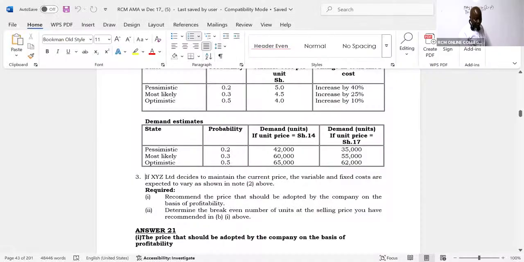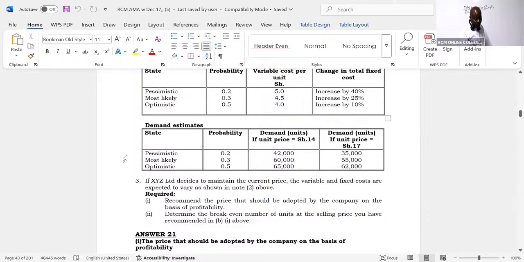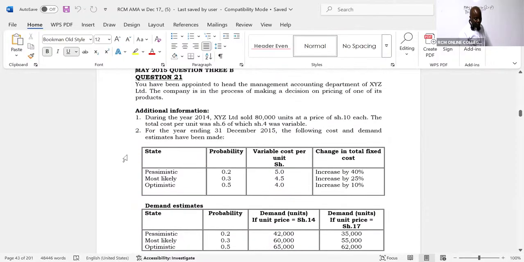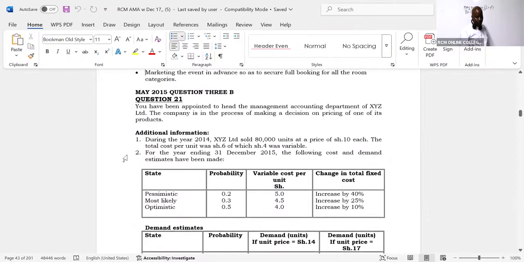And all these questions are very, very similar. So you will be happy at the end of the day. So this is the question, question 3B. Actually 3B, not 3A, 3B. Now, ladies and gentlemen, we are told here, you have been appointed to head the management accounting department of